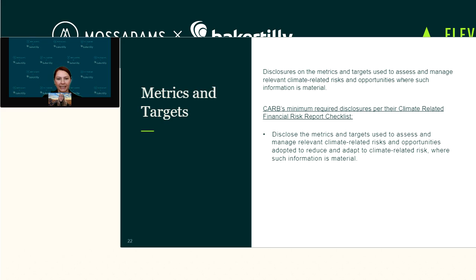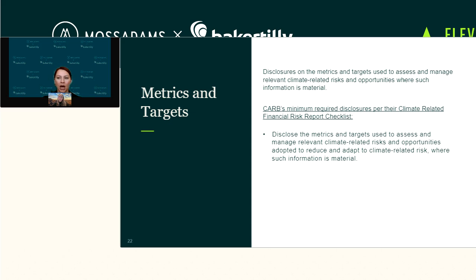All right, last but not least, the fourth component: metrics and targets. So based on CARB's minimum reporting checklist, that covered entity will need to disclose the metrics and targets used to assess and manage relevant climate-related risks and opportunities, and to reduce and adapt to climate-related risks, where such information is material. So, things to consider when drafting this section: were climate-related issues material? Consider describing whether and how related performance metrics are incorporated into your existing policy. Where relevant, provide internal carbon prices, as well as climate-related opportunity metrics, as an example of a type of metrics